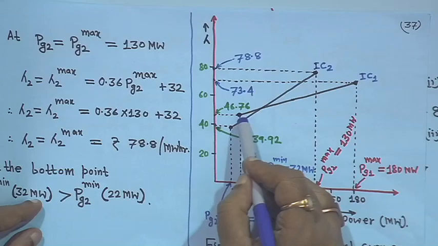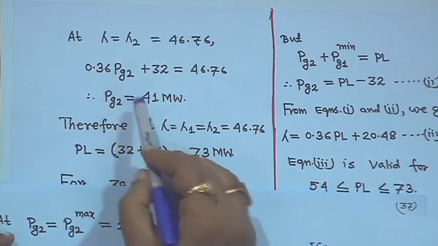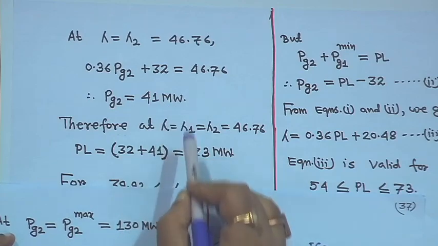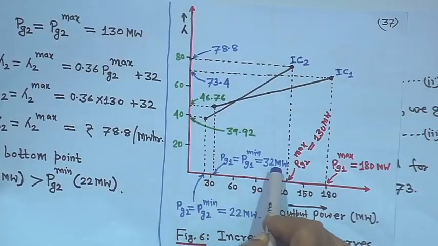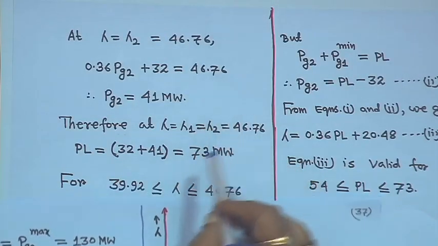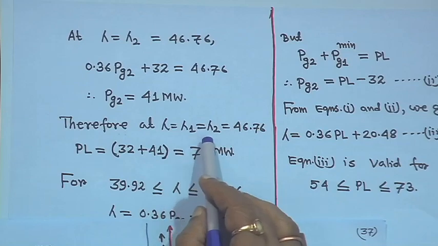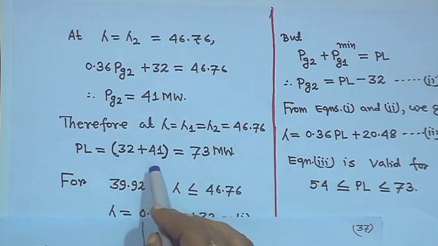That means it will come up to this one, right. Therefore, this Pg2 is 41 megawatt, and at that time Pg1 is at its minimum value, 32 megawatt, at that time lambda is 46.76. Therefore, at lambda 1 equal to lambda 2 equal to 46.76, PL is equal to 32 plus 41,